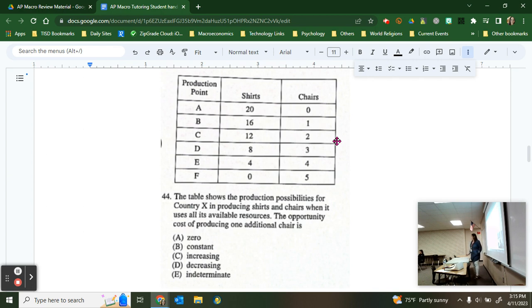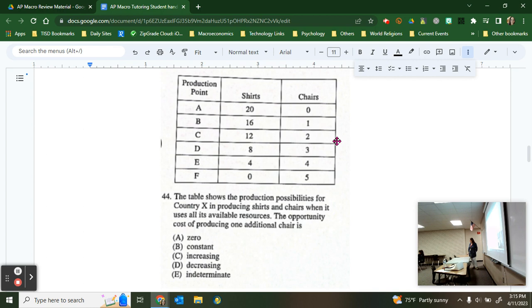What type of goods would be graphed on an increasing PPF curve? Goods that use different resources. So remember, this is going to be different resources, different FOPs, are used to make goods X and Y. So it'd be like skateboards and rice. Completely different resources go in the production of skateboards and rice.